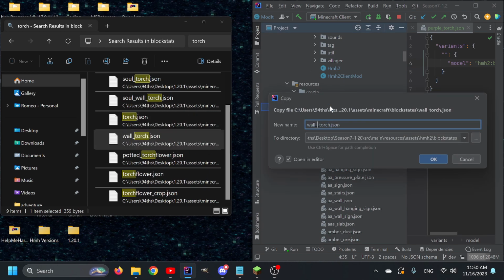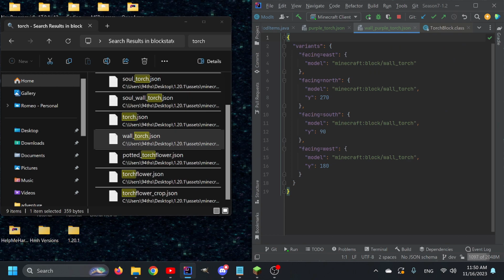We decided to call it purple wall, purple torch. Make sure you spell it correctly, otherwise it's obviously not going to work. And then I'm going to use a cheeky little trick here. We're going to Control F. I am going to select all of an instance that repeats. We're going to go all the way back to the Minecraft,